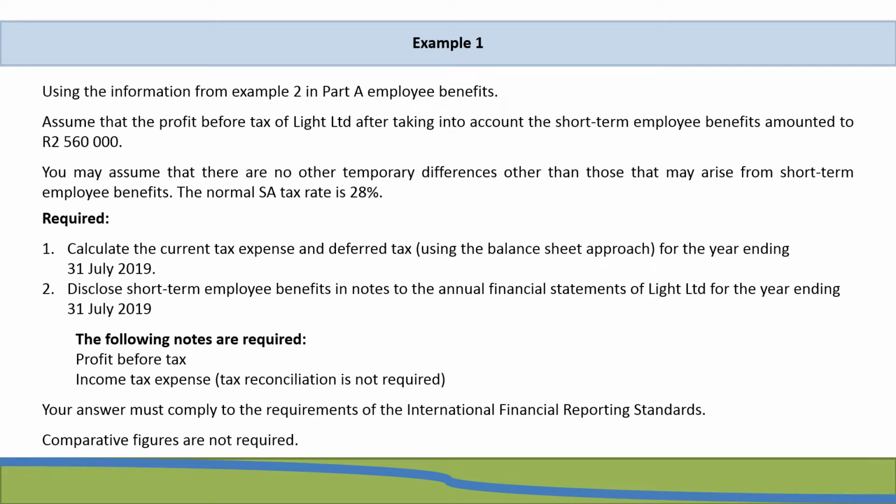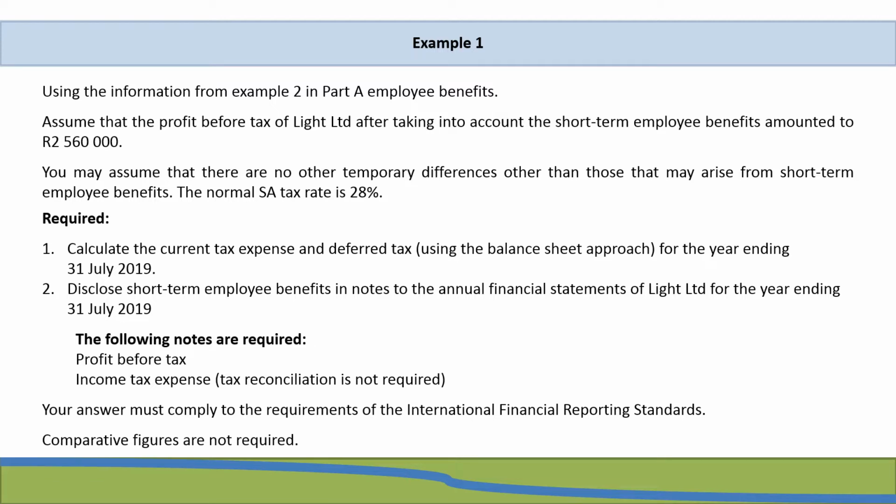Now, using the same information as from example 2 in part A of employee benefits, assume that the profit before tax of Light Limited after taking into account the short-term employee benefits amounted to R2,560,000, and you may assume that there are no temporary differences other than those that may arise from short-term employee benefits. The normal SA tax rate is 28%, and then the required states that